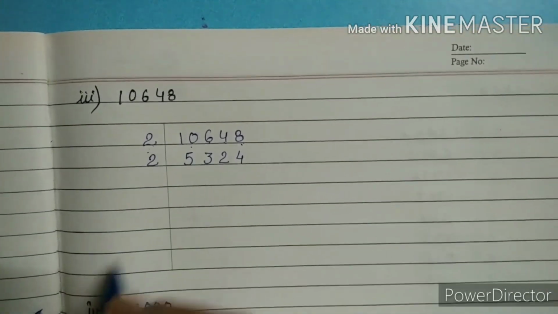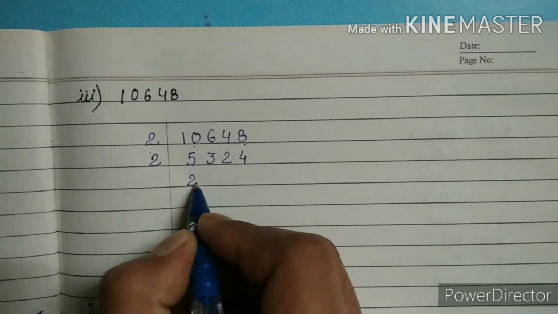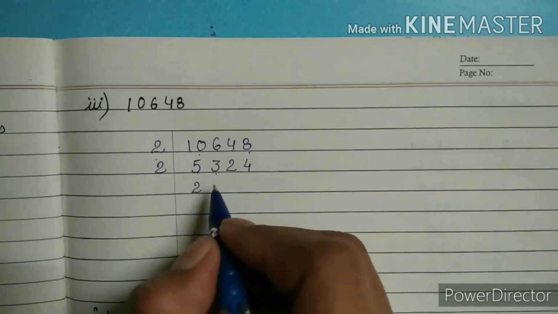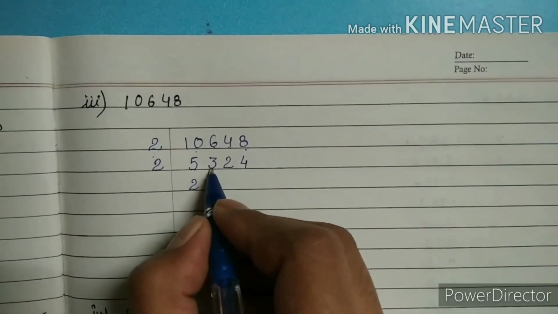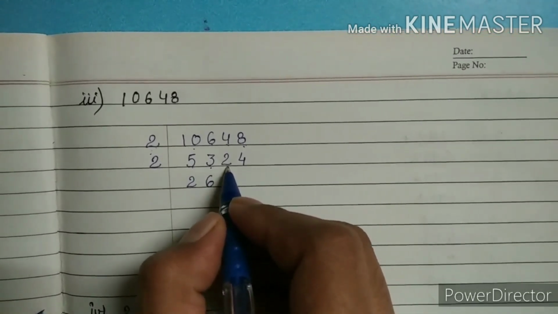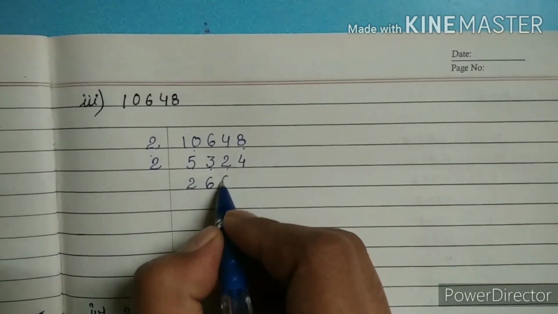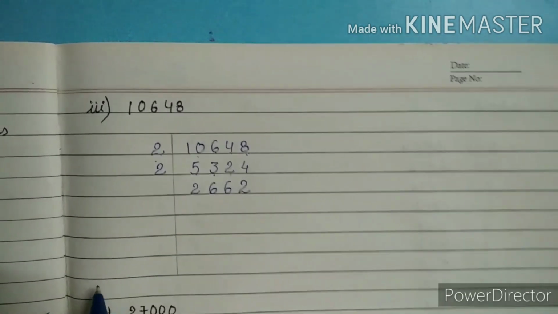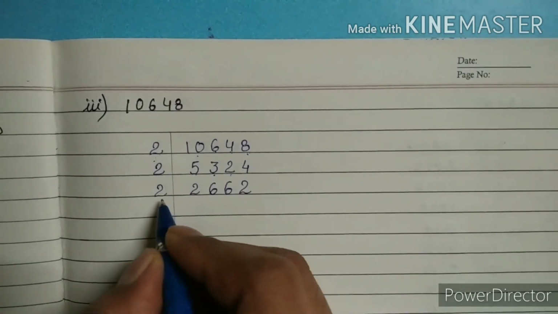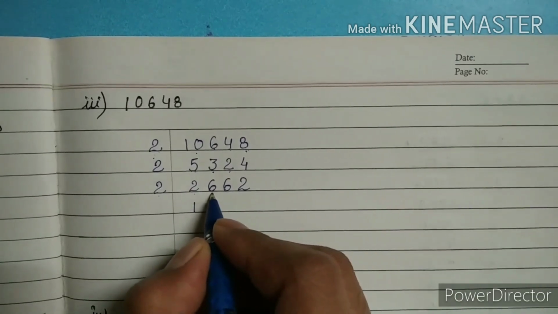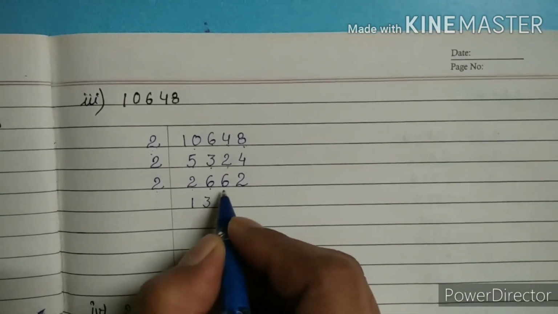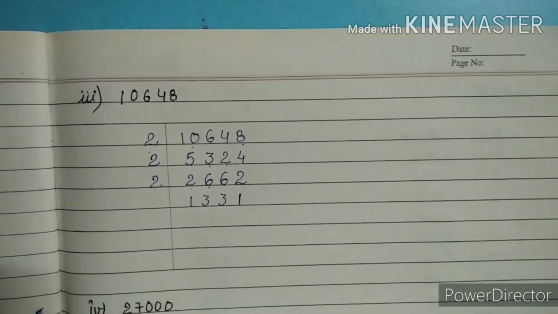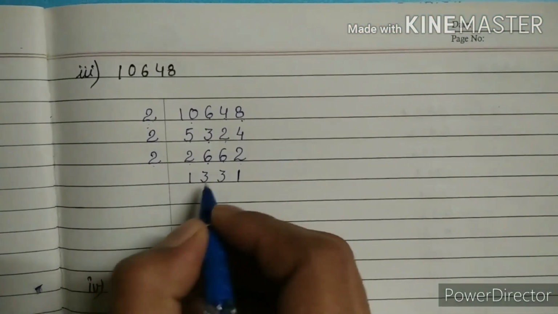Again we have an even number, 5 will come 2 times, that remaining 1 will go near to 3 and it will become 13. 13 will come 6 times, remaining 1 will go near to 2 and it will become 12. 12 will come 6 times. 4 is coming in the table of 2, 2 times. Again 2 is coming 1 time, 6 is coming 3 times, 6 is coming 3 times, and lastly 1 will come 1 time.